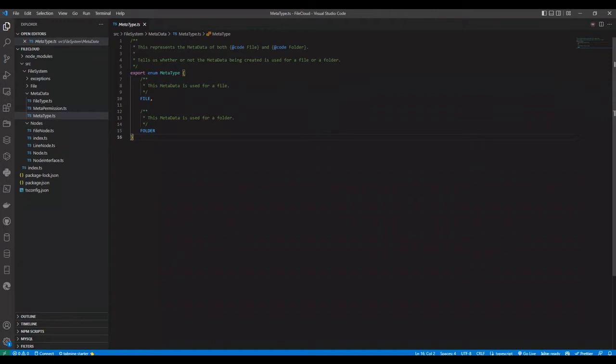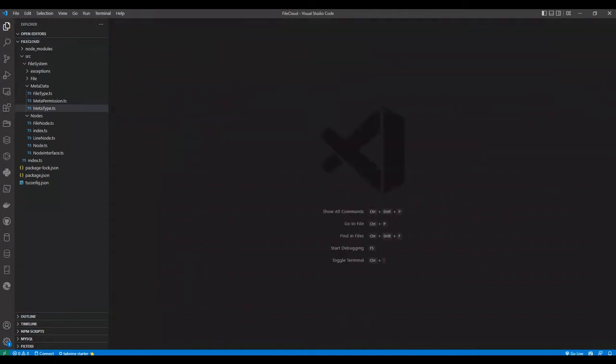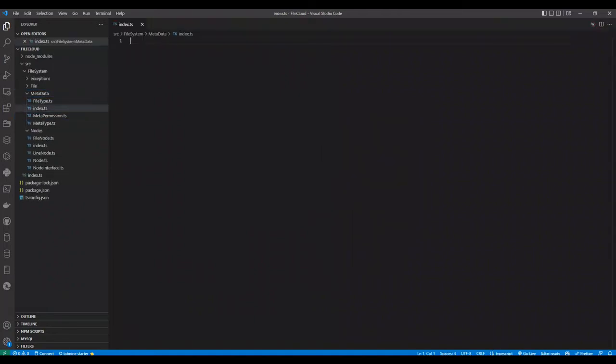Okay, so the next thing we will need to do is work on the actual metadata folder class. So to do that, first we just create the metadata. Actually, we just call this index.ts. Yeah. So in this index.ts, we will have a